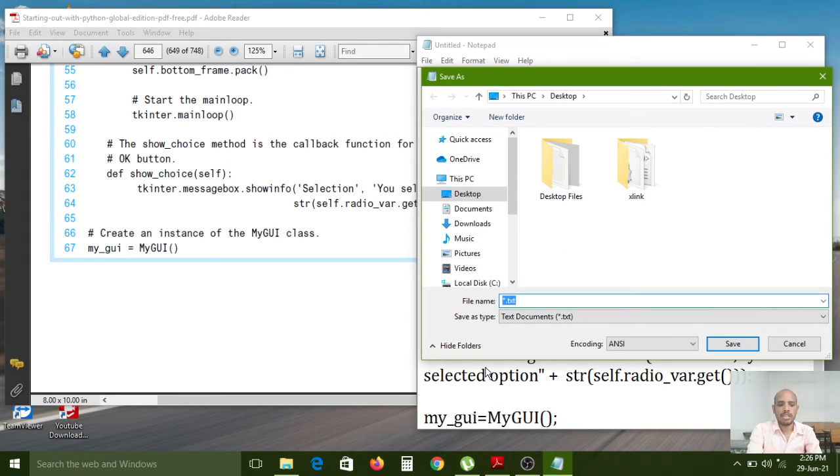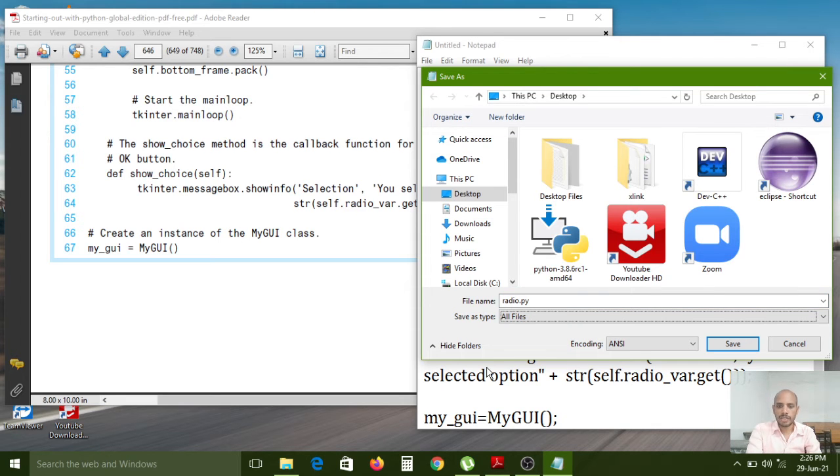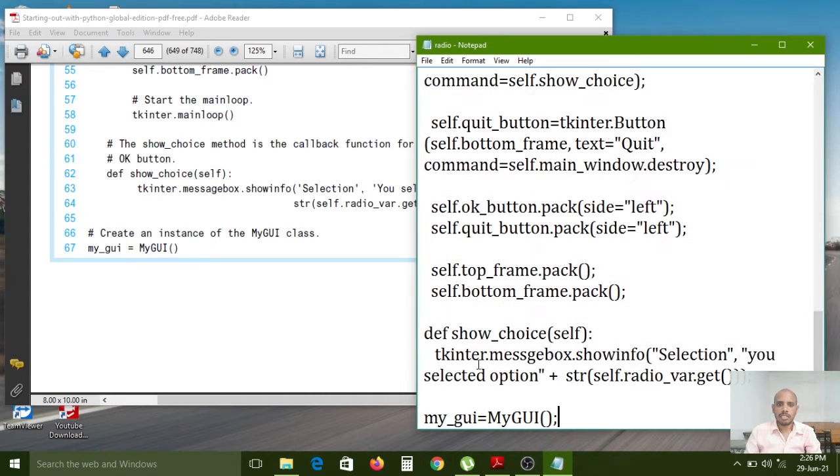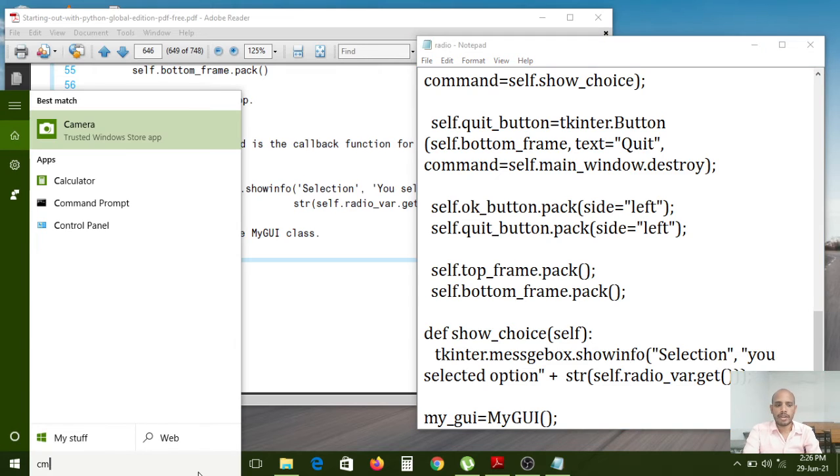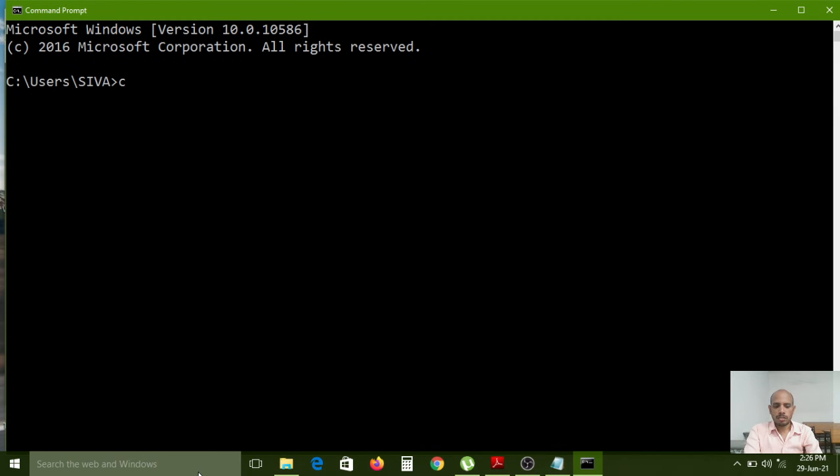Now I am saving it as radio.py, the save as type is all files. Now I want to execute it through the command prompt. I am changing to the desktop location, because our file is available on the desktop. Now I am executing radio.py.